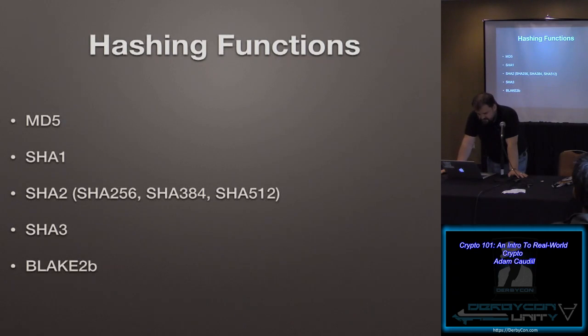Hashing functions, I'm going to tear through this one pretty quickly because I'm running behind schedule. Where a block cipher scrambles data in such a way that it can be reversed if you know a certain secret, hash functions are one-way operations. There is no efficient way of getting back to the input value, efficient being defined as anything less than brute force.